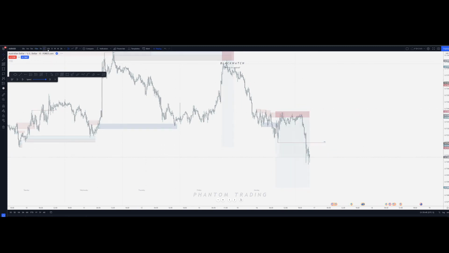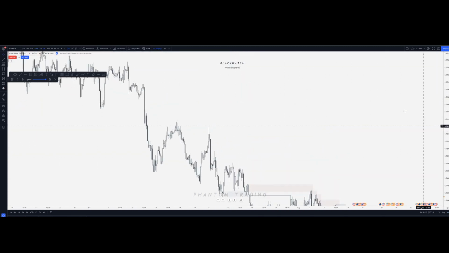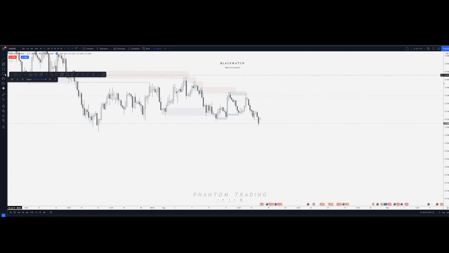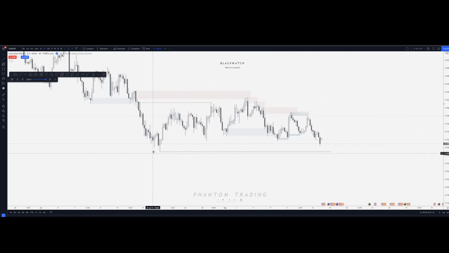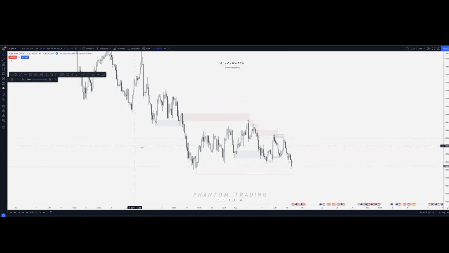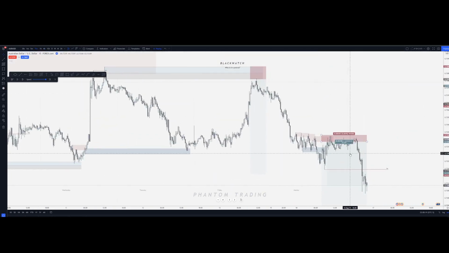Now, I need to go back to the 4 hour because I need to know where we're going with this. This is the ultimate low here of this range. Now, in terms of expectation order flow, price trades up and it trades down. Now, what happens typically with these lows? They get wrecked, right? But I want to see what happens when price actually comes through this level. Good chance we're going to pull back. Potentially not. I don't know. We'll see.